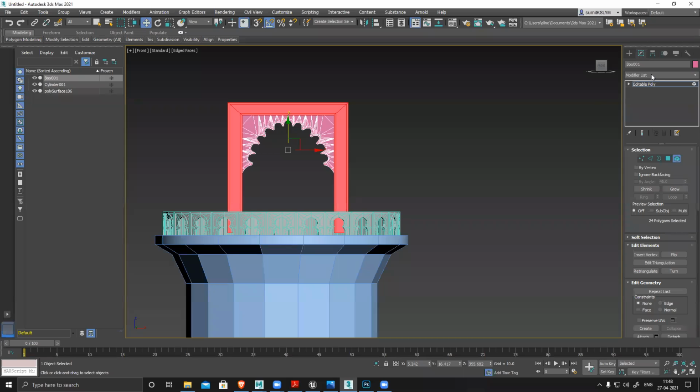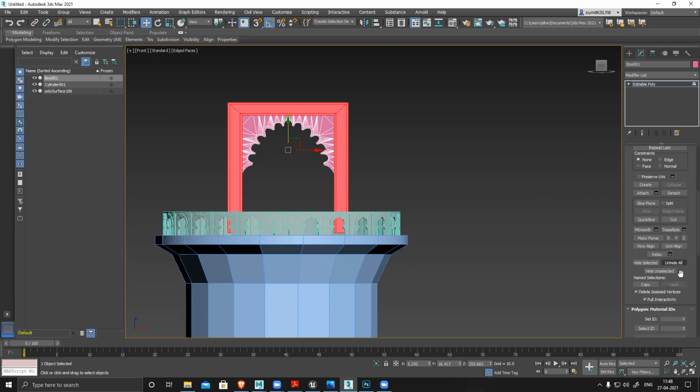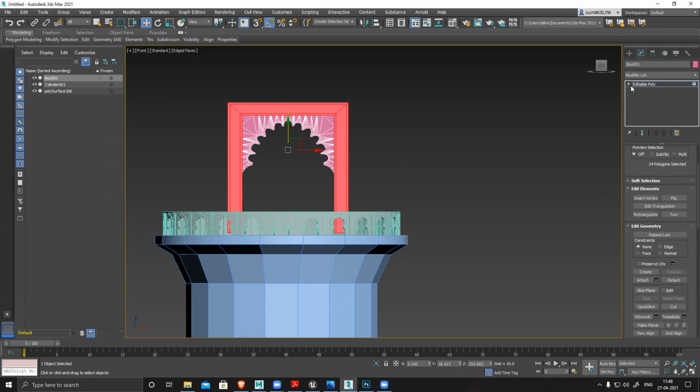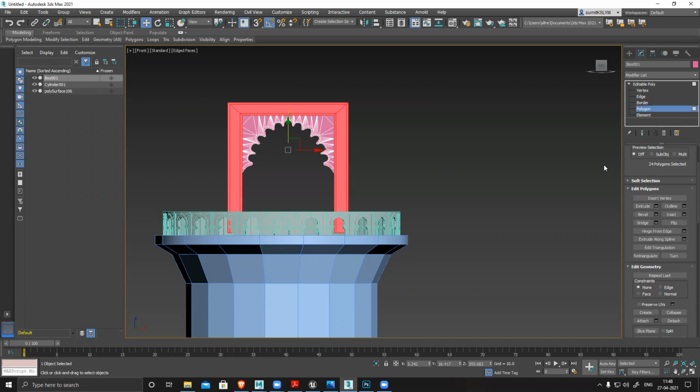So what I'll do is select this, and then I can add... I just need this section only, right? Edge, polygon wise.